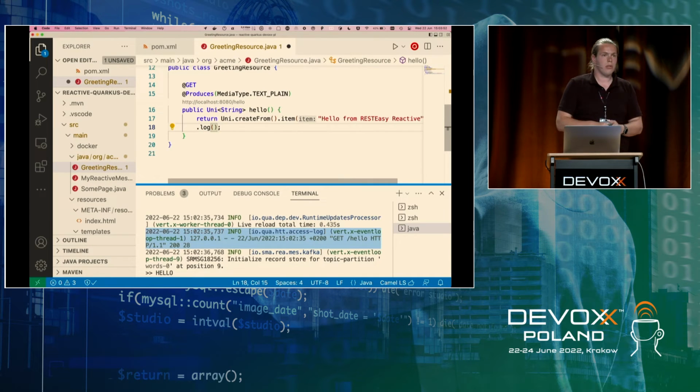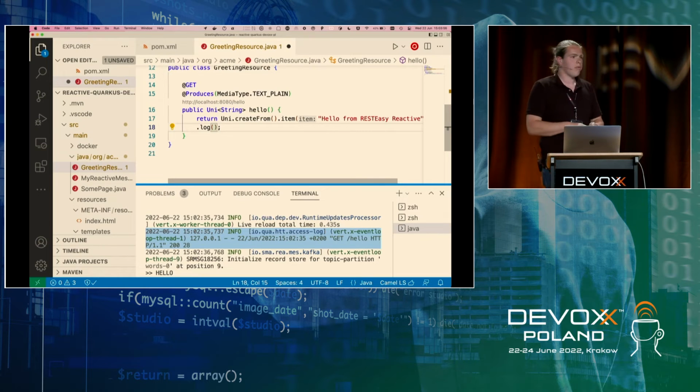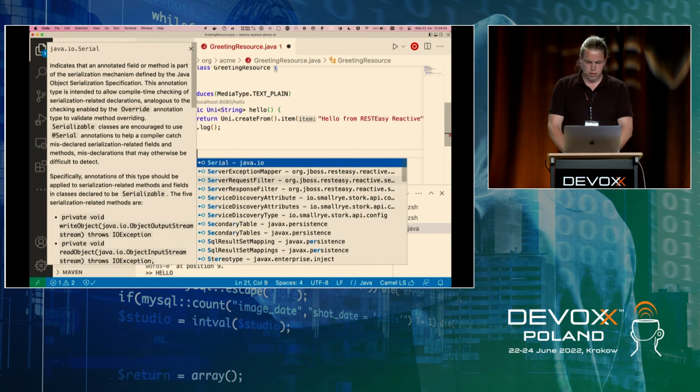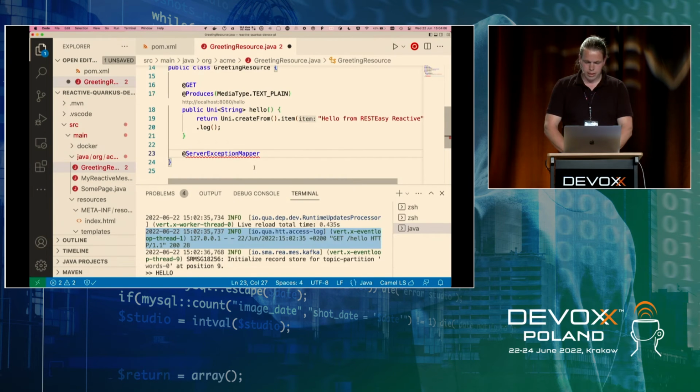Normally in JAX-RS or RESTEasy, you would have to define exception mappers in a separate file in a class and inject that as well. In this case, we can just define a server exception mapper right here in place, and we say, for example, illegal argument exception.